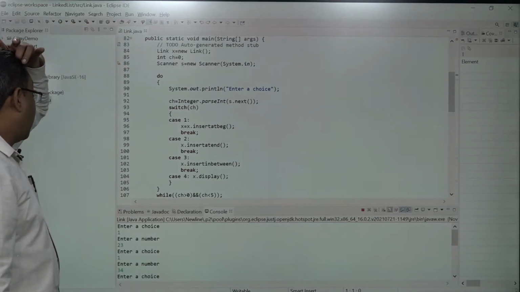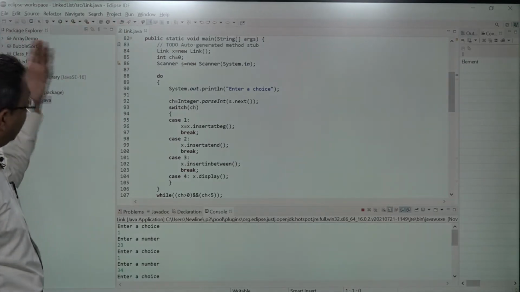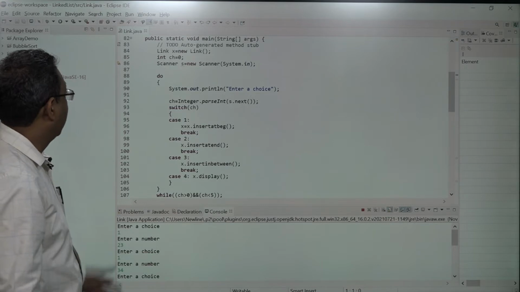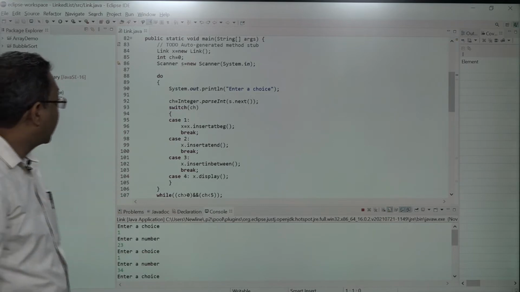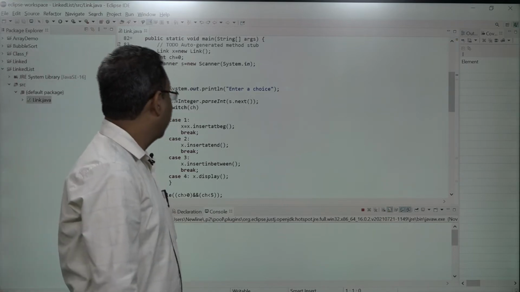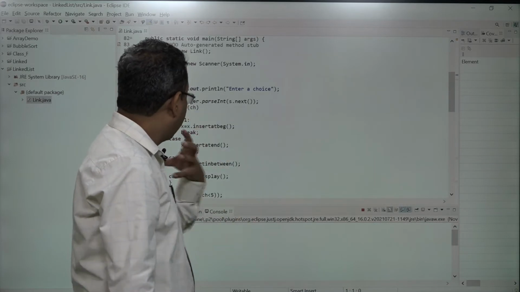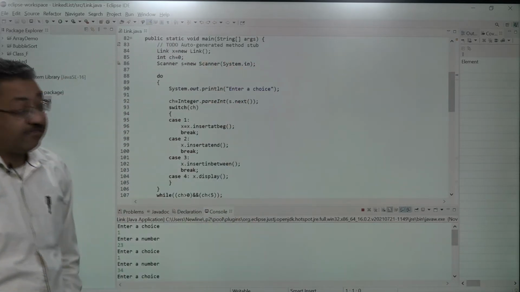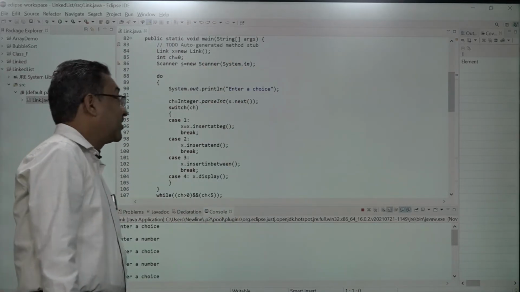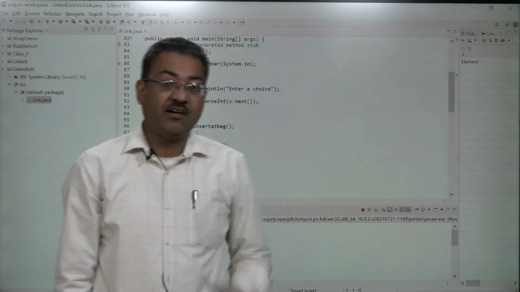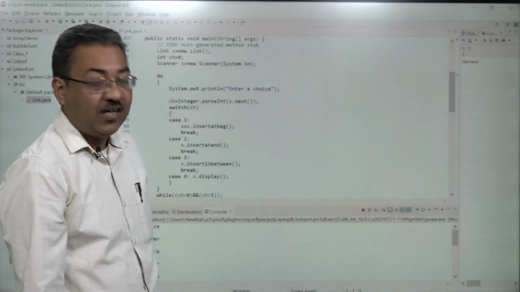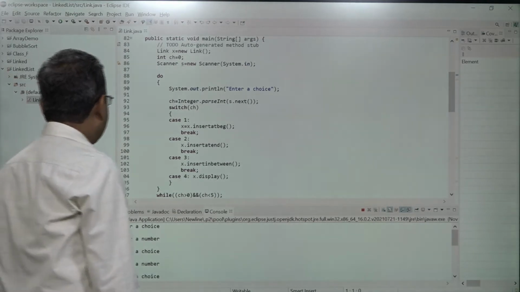A variable ch of integer type contains 0, and then I have created the reference S of scanner type referring to the object of the scanner class itself with the parameter System.in. Of course, it will help us take the input from the user using the keyboard.